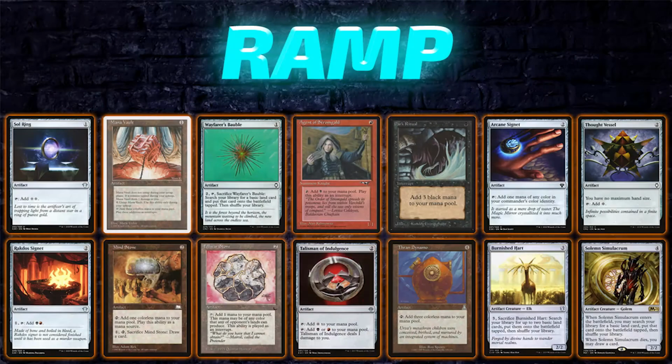Like I said, we can't physically go over every single card, but in the overlay you're seeing here, we're going to have all the different types of ramp that this deck plays. The reason I'm laying these out is to get a quick count. It looks like we have 14 dedicated pieces of ramp, which is actually a few more cards than the recommended 10 that guys like Jimmy and Josh recommend from The Command Zone,